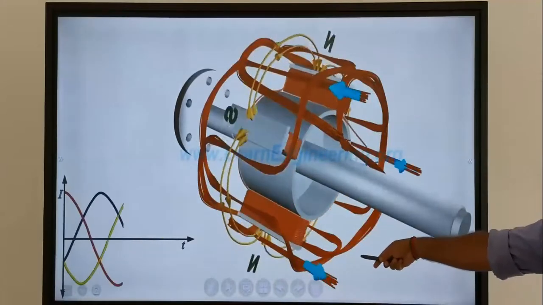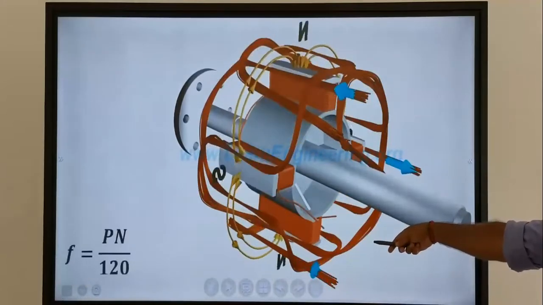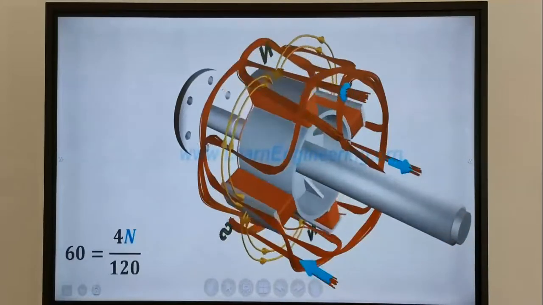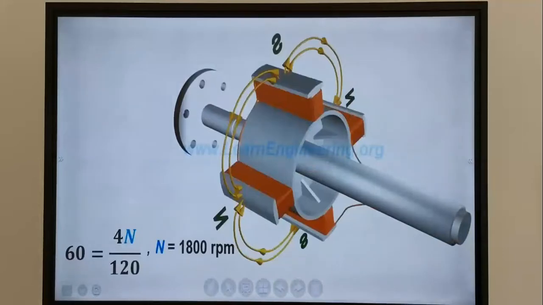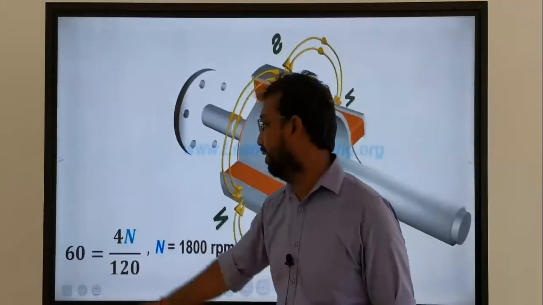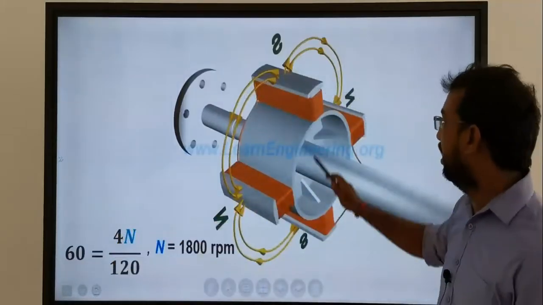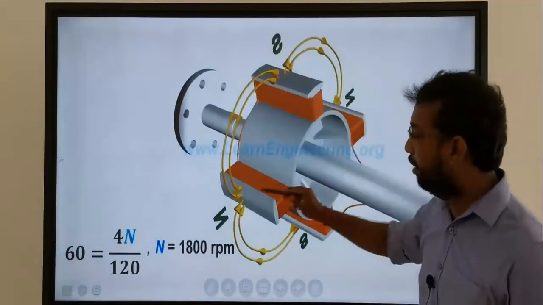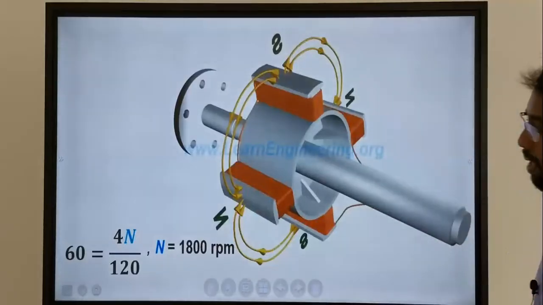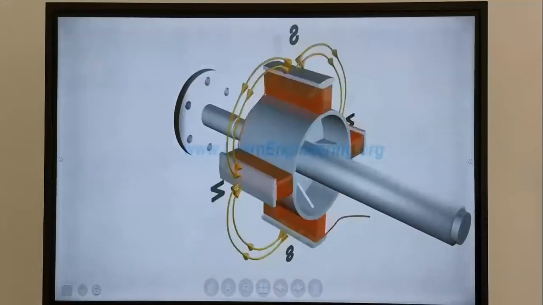So now you can see we can increase the output with three stator windings. And the main thing, okay, if we take, for example, 60 hertz frequency, for the 4 poles of this rotor, we have to give 1800 RPM to this rotor. So it's very complex because the speed is very high, and every time we have to give this much speed. So another option is we can,